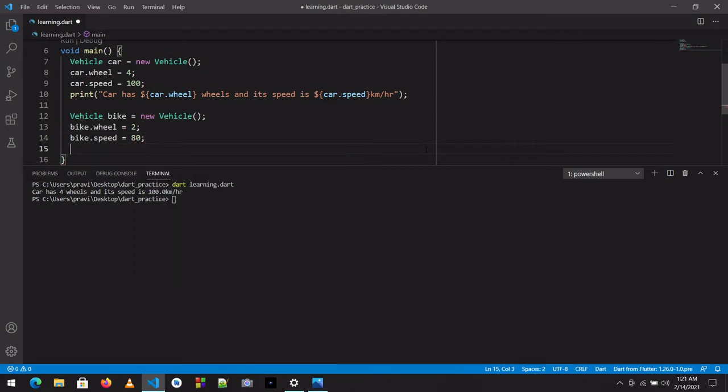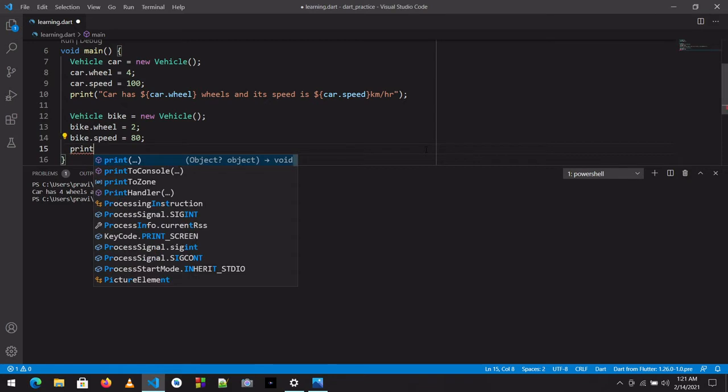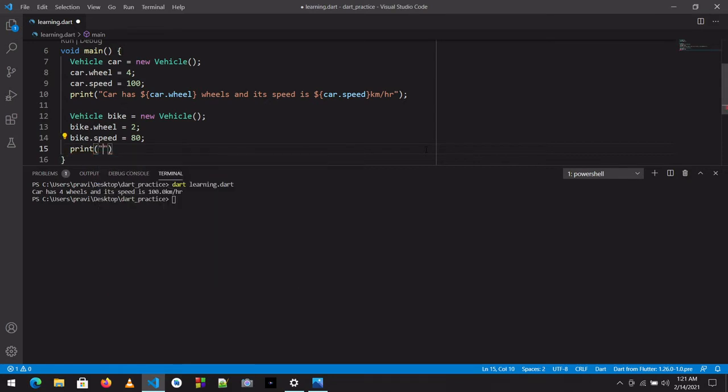Okay, so I want to just print the value again. So again, bike has, I will just copy this thing here because I have to write it again, so I will not take that much effort. I will just replace this car by bike.